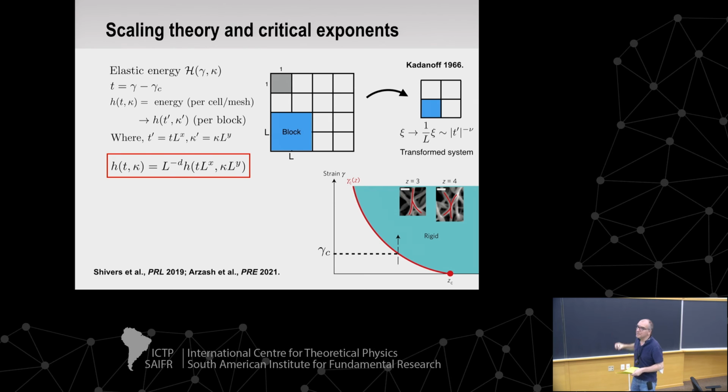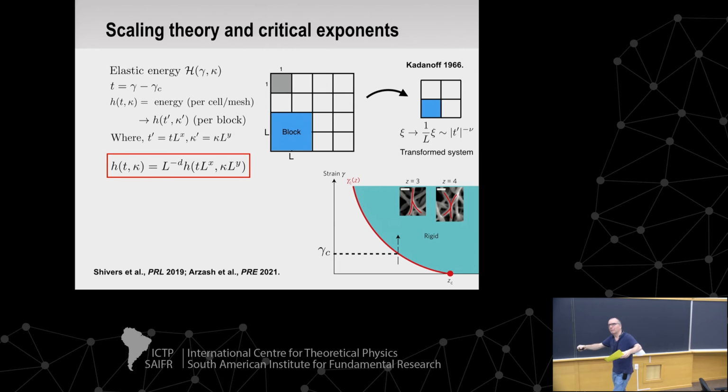And likewise, the other thing that controls how close I am to the critical point is how small kappa is, right? That's that field-like variable that takes me away from the critical point. And so that presumably also rescales. And so the theory in the rescaled form should basically look like the previous one at a different temperature and different kappa. I actually want to talk about the energy per unit cell in the system, though,